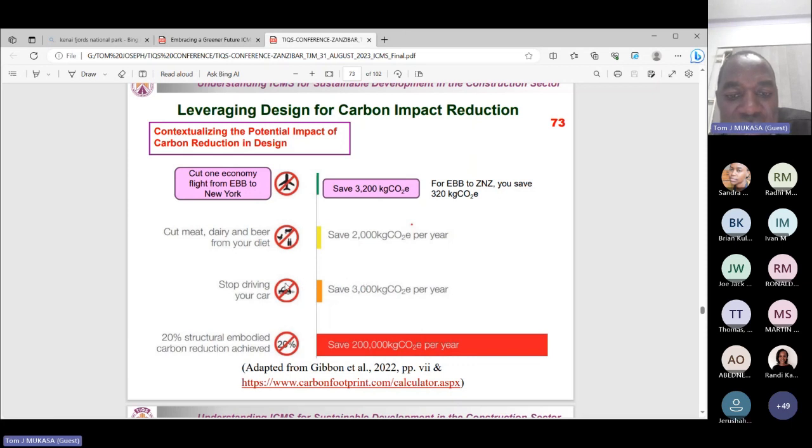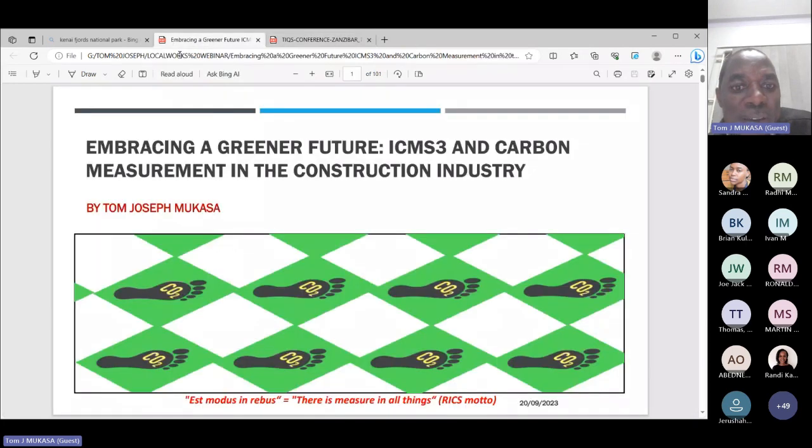So you can see that what we do has a lot of significance compared to most of our other frivolous activities. Of course, we are so many, but you can see that just on one project, you have a lot of capacity to influence the carbon dioxide emissions you give out just by adjusting your design. And that is why it is important to do some calculation at the beginning and as you move with your projects. So that is the background.